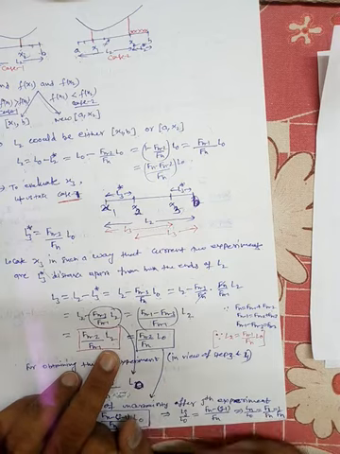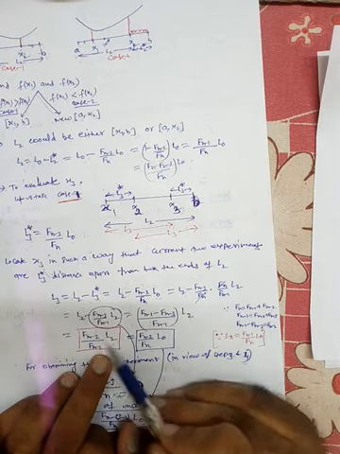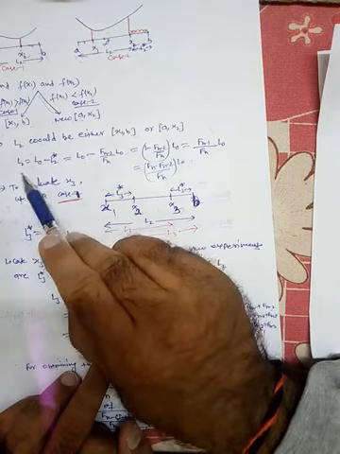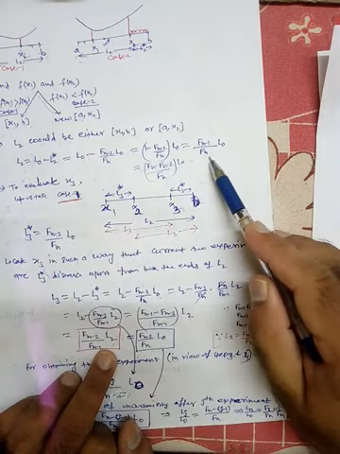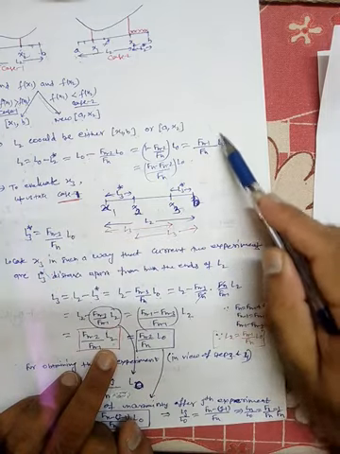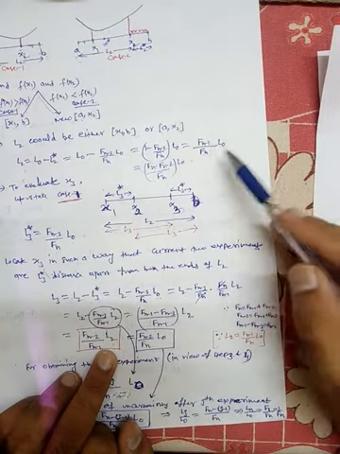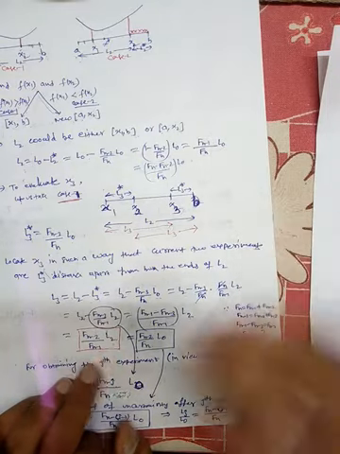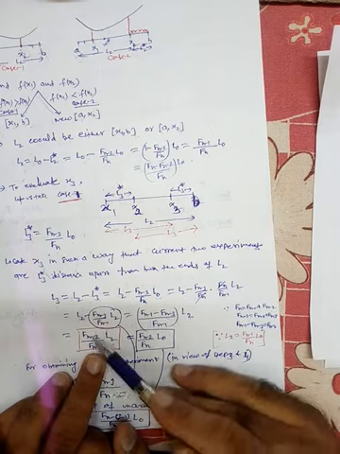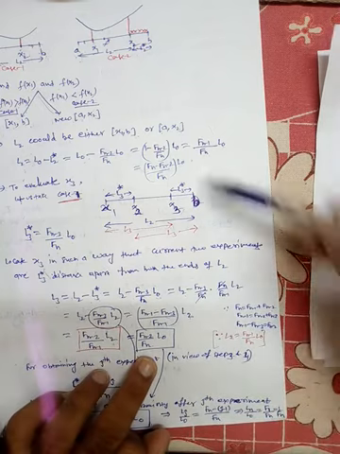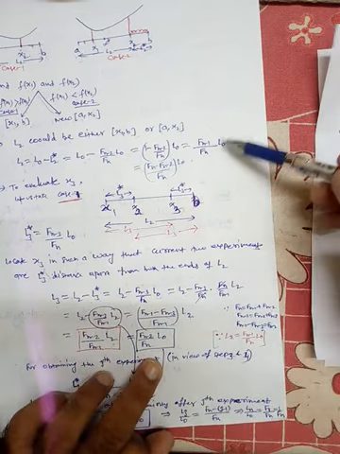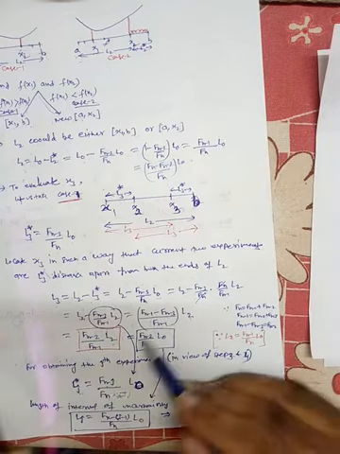Now again L2 is replaced. L2 is f of n minus 1 by fn L naught. When you replace L2 by this quantity, f of n minus 1 is cancelled out with f of n minus 1. So we get f of n minus 2 divided by fn into L naught. So we get this quantity.